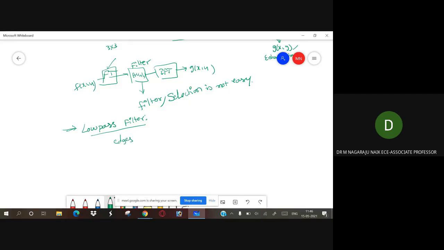In the low pass filter, edges and other sharp details such as noise in the gray levels of an image contribute significantly to the high frequency components of its Fourier transform.